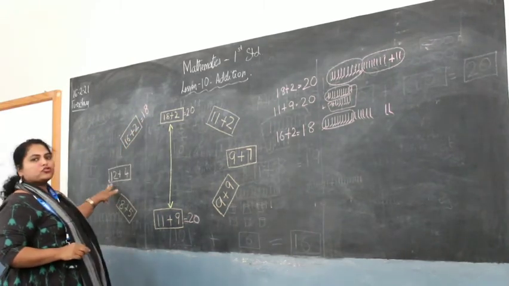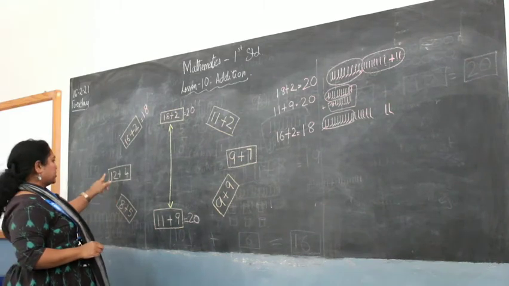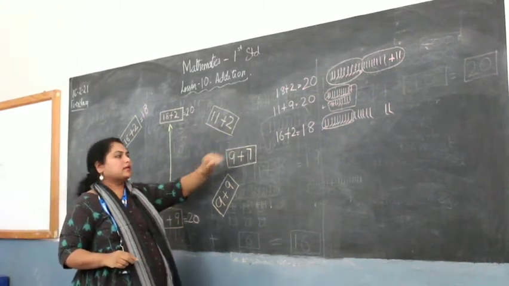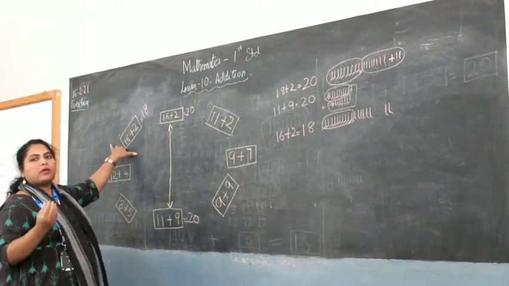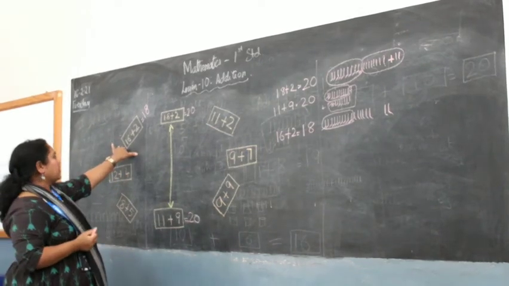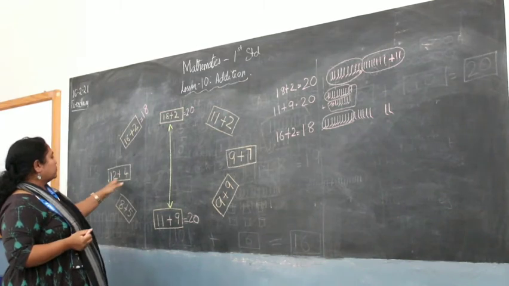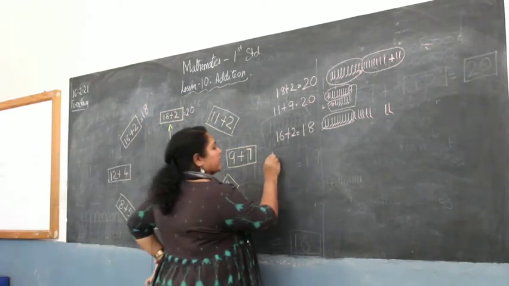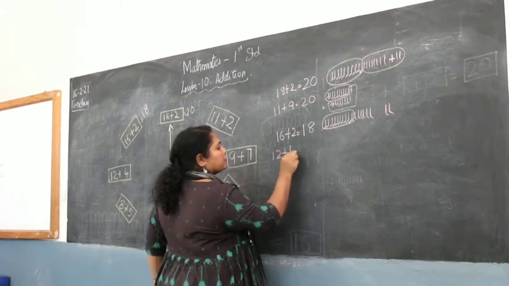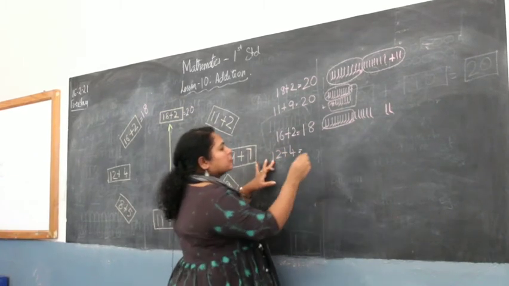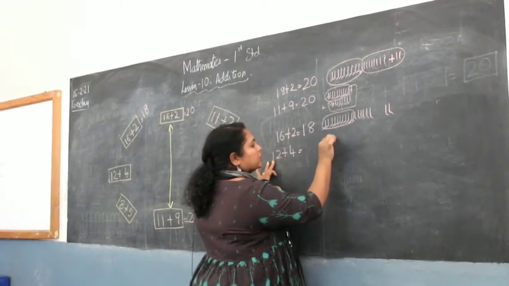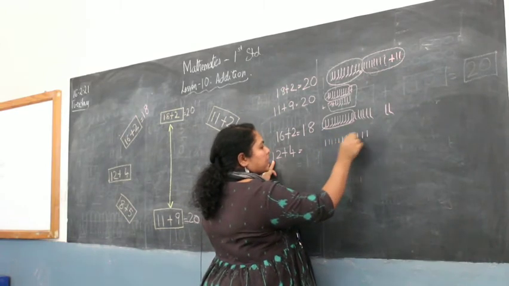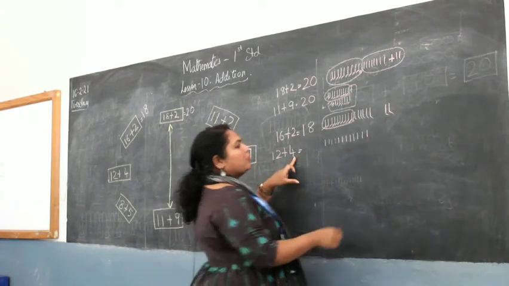So let's count, 12 plus 4 is how much? Only when you start adding up everything and writing the answer, you will know which number will match to which set of numbers. So here we have two numbers which are given, 12 plus 4. So we'll draw 12 sticks, 1, 2, 3, 4, 5, 6, 7, 8, 9, 10, 11, 12, and 4.